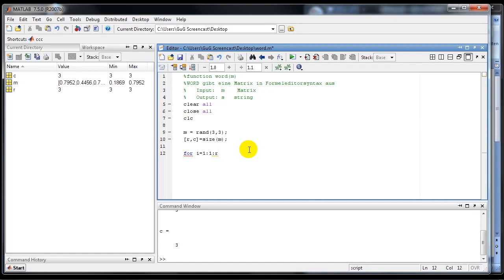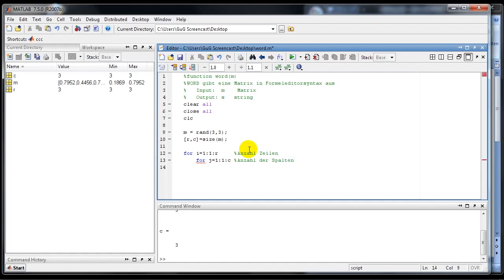So I equals 1:1:R. I can comment this, so this is the number of rows, and the same for the number of columns. So for second control variable J equals 1:1 until number of columns is reached. So this is number of columns,